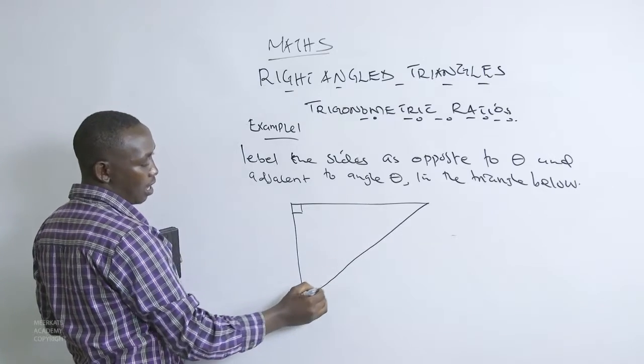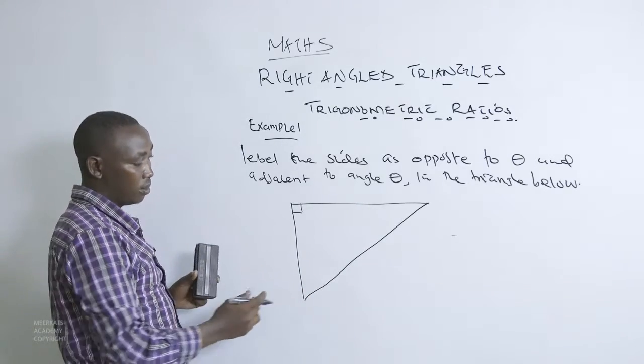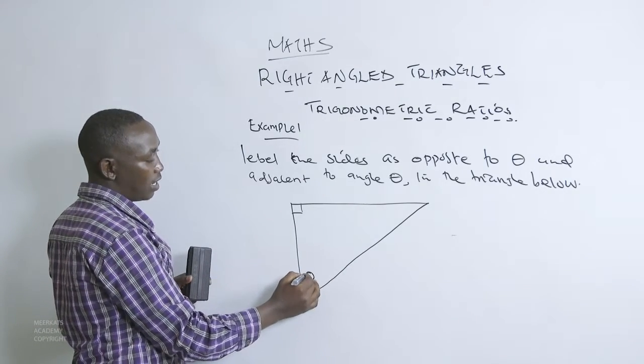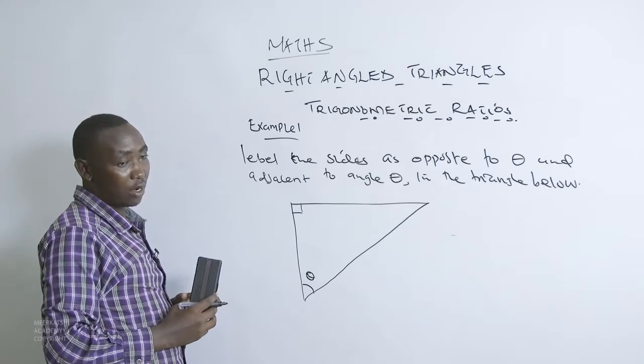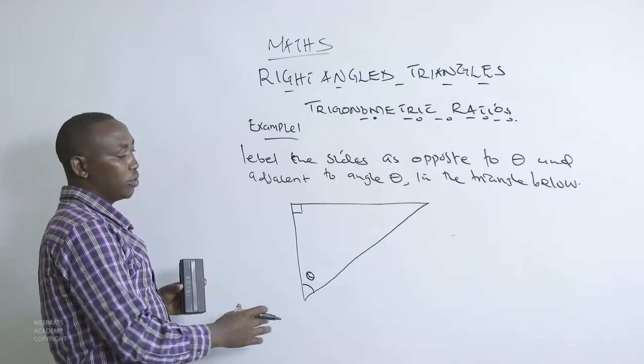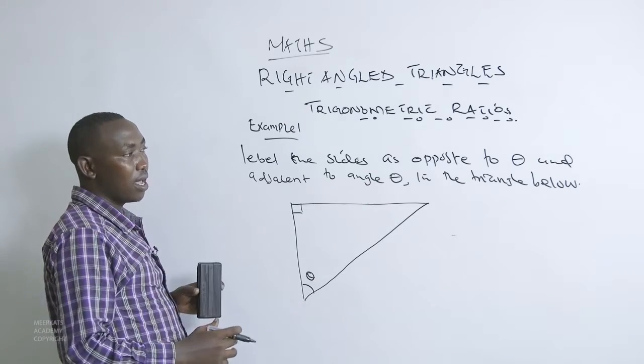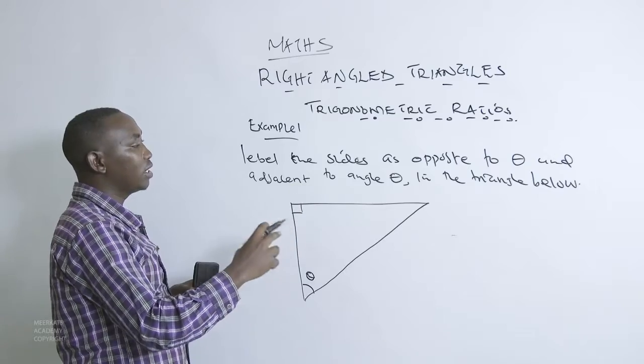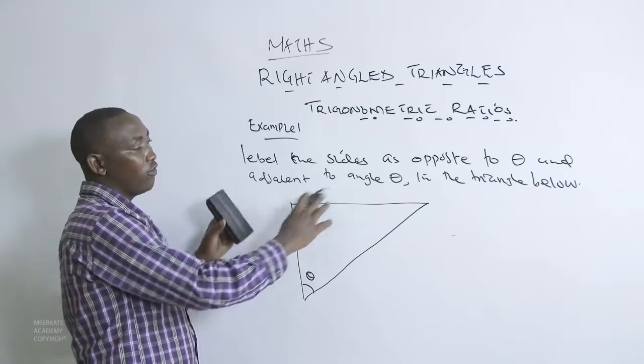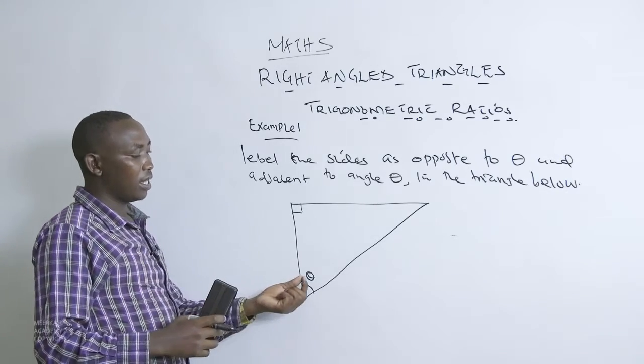We have a right angle triangle. We are given that this is our angle theta. We are supposed to mention or label as either opposite or adjacent side of this particular triangle in respect to